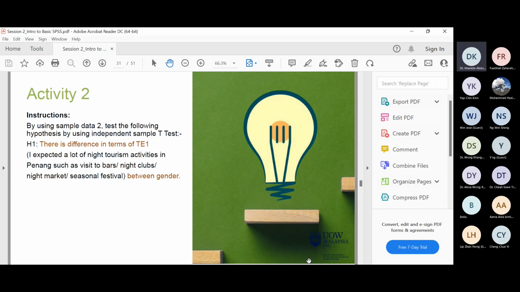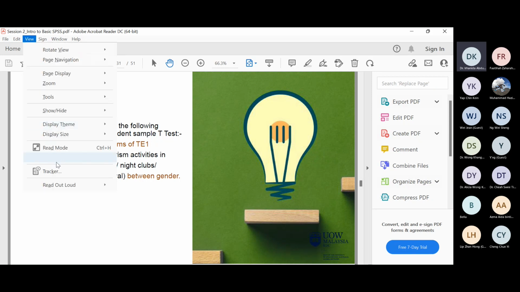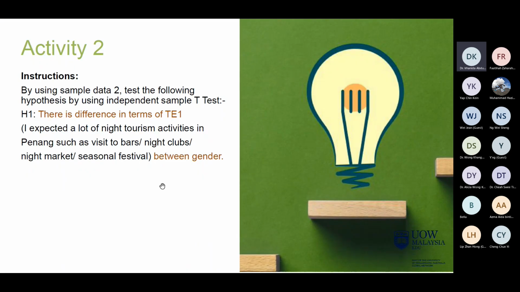Okay, if that's the case, then I will just continue with the lecture. Maybe along the way you have question, you can stop me and ask. Maybe at the moment you are doing some research and you are trying to use this analysis and you are not really sure how to do it, then we can discuss together.